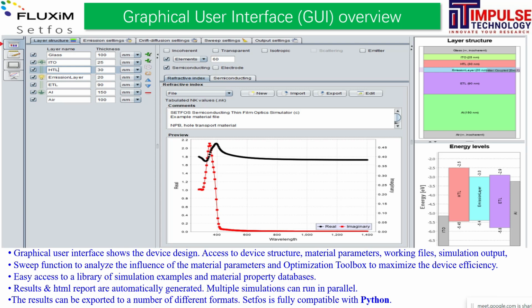But here you will get a very good user interface. That user interface lets you design the structure easily, access the device structure, change the material parameters, and work with input files or simulation output files. As you can see on the screen, this is completely user interface based software. You have no need to write any script. You only need to set the input parameters.